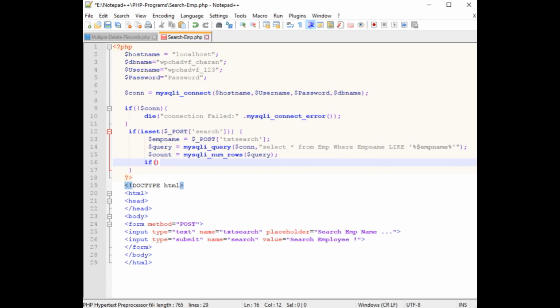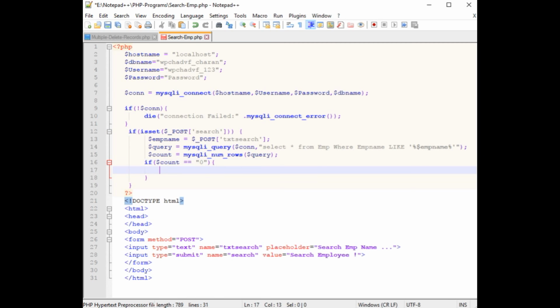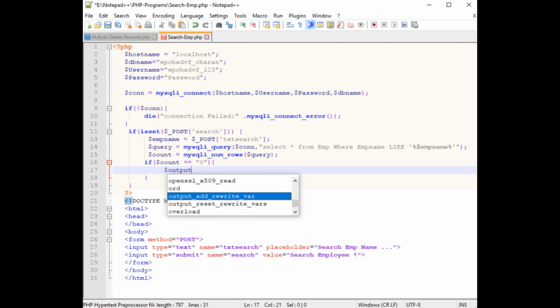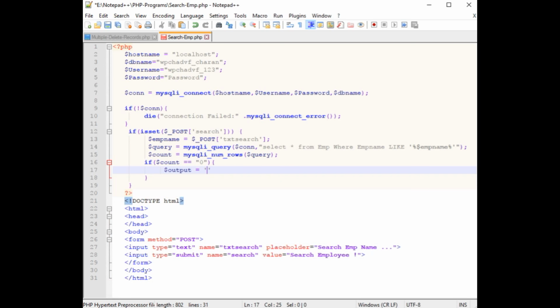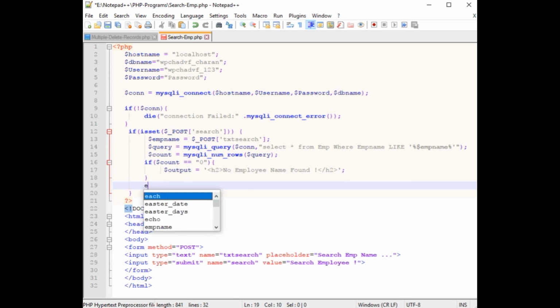If $count double equals, between double quotes I'm adding 0, which means if the records are not found, $output is equal to, between single quotes, h2 tag, no employee name found, else